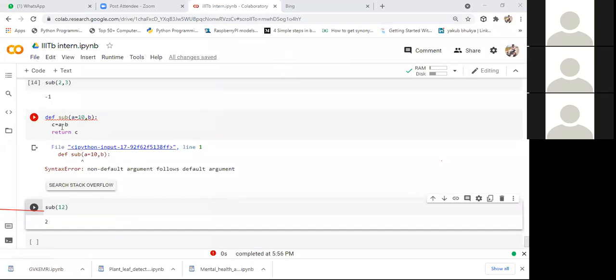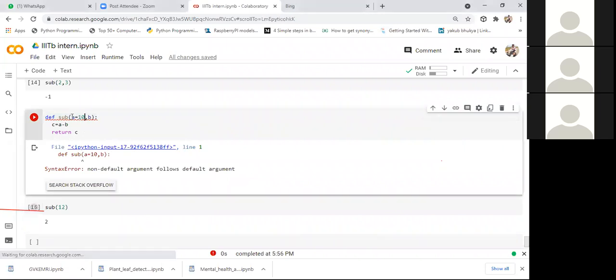Good, perfect. Now, whenever you want to specify one argument value in a function definition, if it is not present at the first location, see here, if you want to specify a default argument, that should be present at the second position. If you want to specify a value, you should specify a value here and only b here. Otherwise, you will get an error like non-default argument follows default argument. You should follow the order. If you want to define a function like this, you need to specify the b value in front of it.